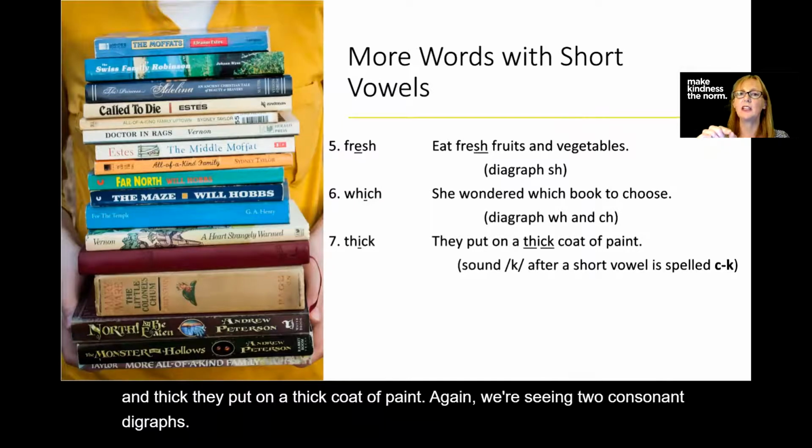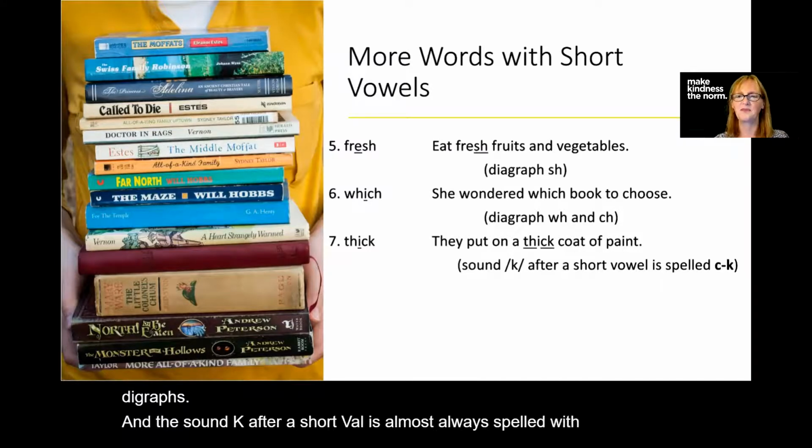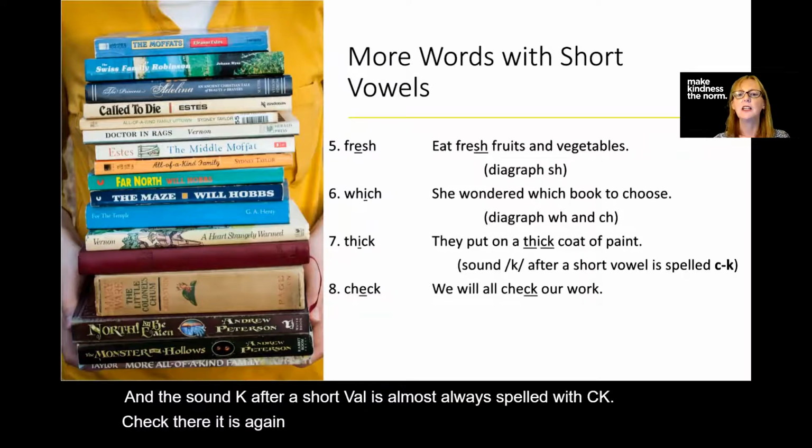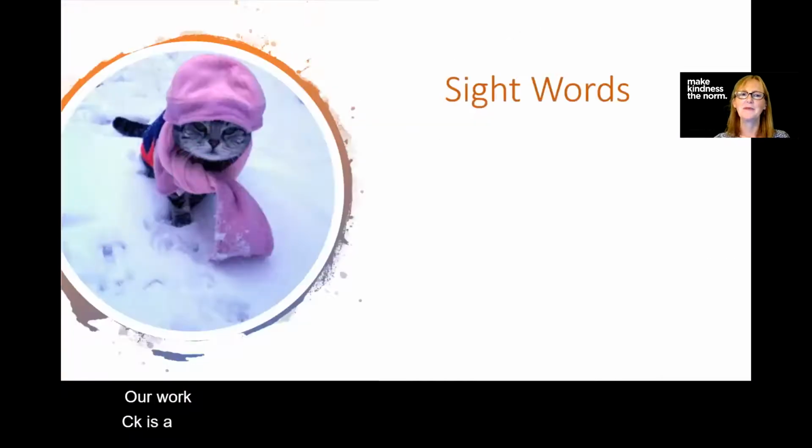And the sound k after a short vowel is almost always spelled with CK. Check, there it is again, CK after a short vowel. We will all check our work. CK is a digraph. Here are some sight words as well, just a few of them for us to think